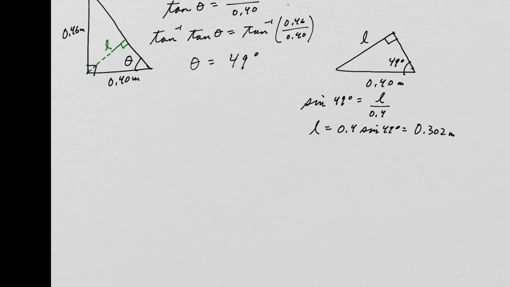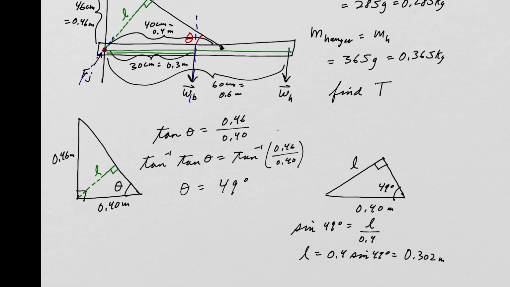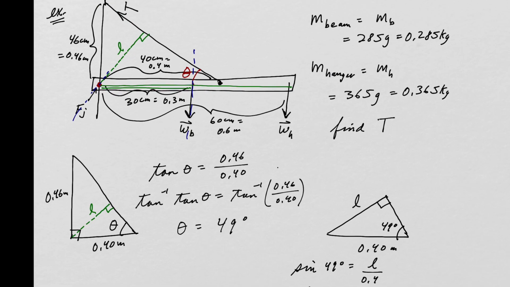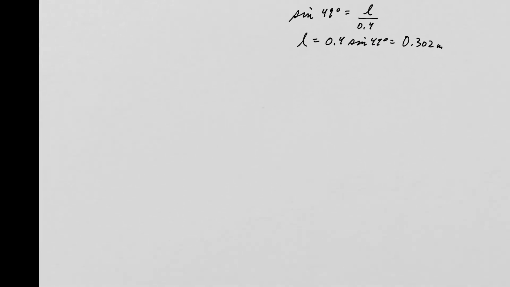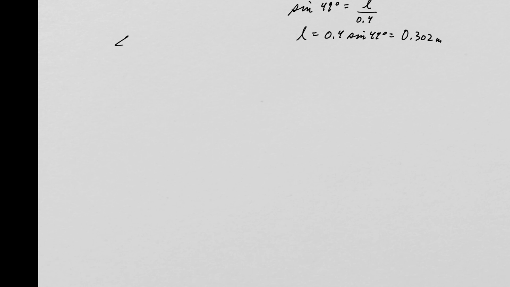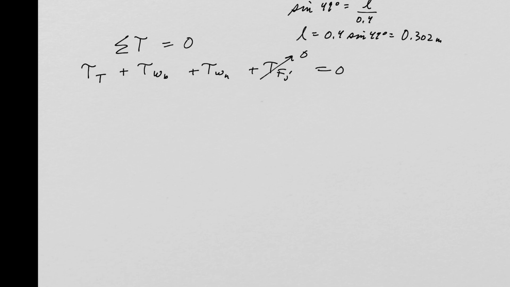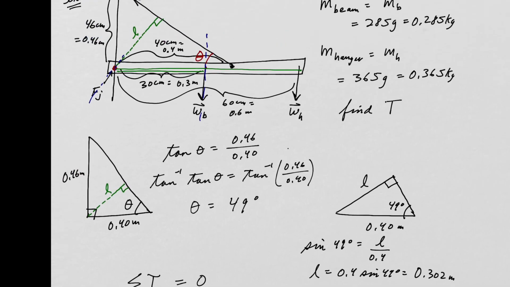Okay, now that I have all these things, I know that this beam is in rotational equilibrium, so now I can apply the sum of the torques. The sum of the torques about our axis of rotation has to equal 0. So I have several forces: a torque due to the tension, plus a torque due to the weight of the beam, plus a torque due to the weight of the hanger, plus a torque due to the joint force. That's equal to 0. And we already know that this one is 0 because it passes right through